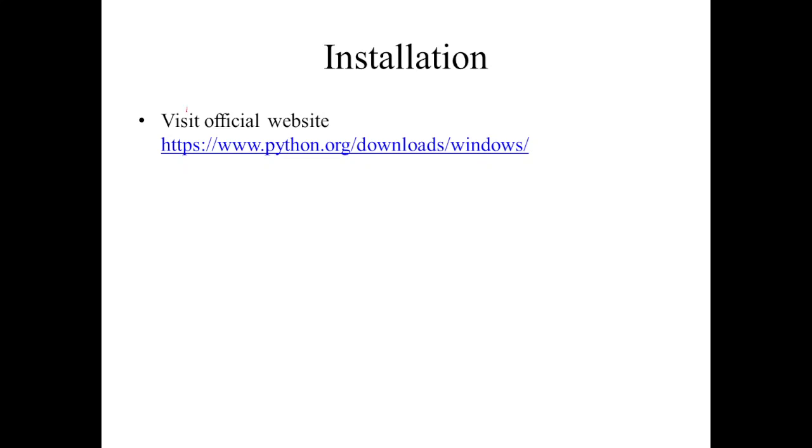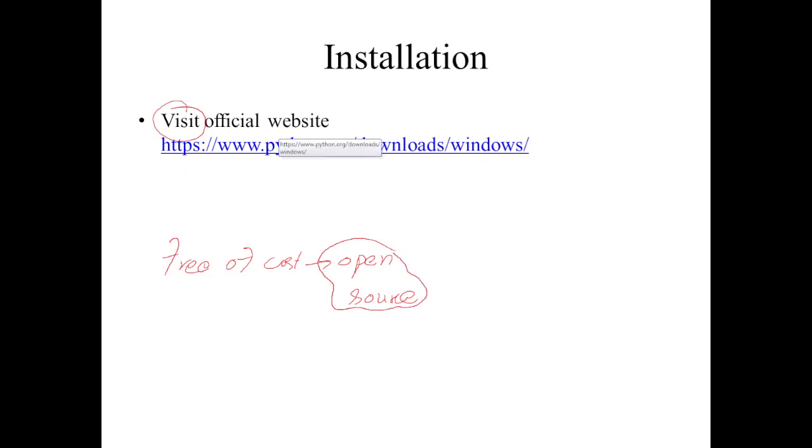official website of Python. First of all, we must be clear that Python is available free of cost. It is an open source language, which means we do not need to pay anything to use this software. Therefore, it is available free of cost and it is not paid. So we need to visit the official website of Python and move into the download section and we can download this